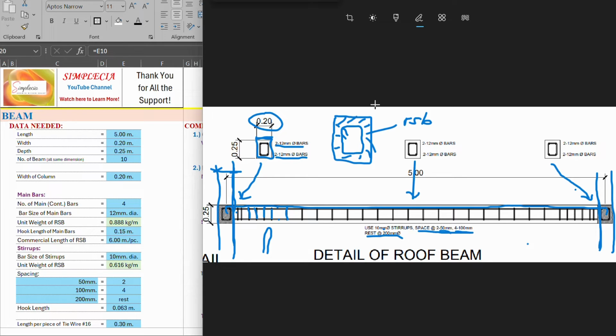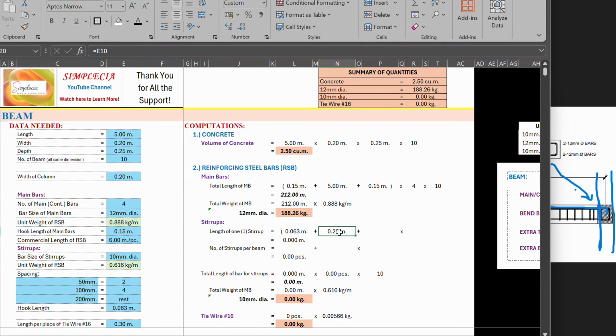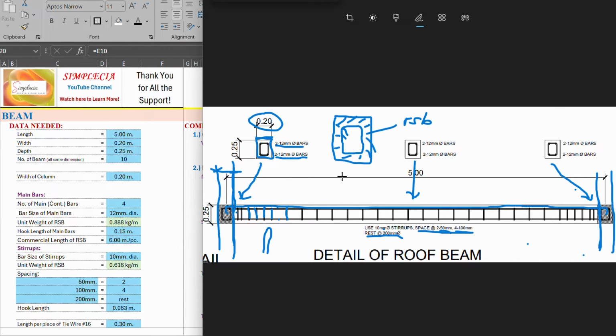So, for this, for beam, because beam is above the ground, the roof beam, we're talking about the roof beam, because it is not directly exposed to earth, hindi siya naka-attach directly dun sa earth, soil, ganun. So, kailangan natin ng concrete cover. The concrete cover is